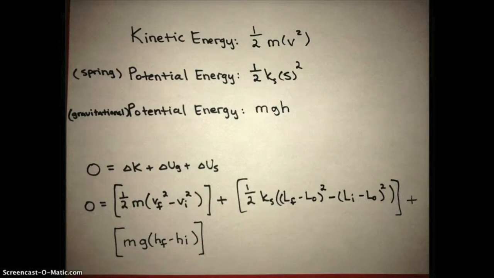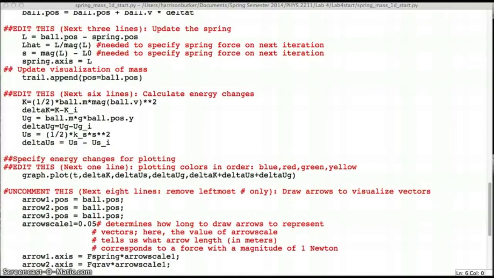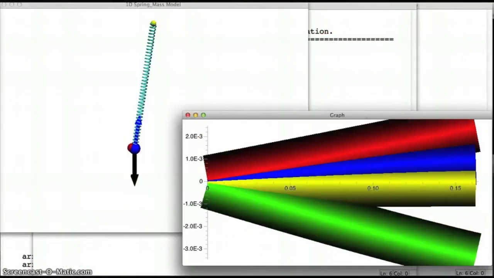In order to see if the energy principle is satisfied, I need to show that delta K plus delta Ug plus delta Us is equal to 0. To find the change in these quantities, I made a loop within the Python code that subtracted initial values from final values. Here's my Python code, and as you can see, I just translated the equations to make sense for the Python code, and then I plugged in delta K, delta Ug, and delta Us being just the final values minus the initial values. I decided to plot the summation of these changes of energies, and as you can see,